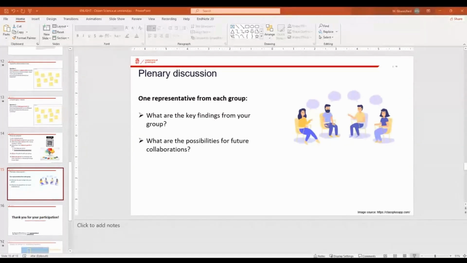And if you identified during this discussion, by reading the post-its or by getting inspired by what is written on Miro, possible collaborations across different organizations or within your organization, I would be happy to personally support that. I think it's the same with many people working on the topic of citizen science at the University of Groningen. So just get in touch and let us know if there are opportunities for cross collaboration.